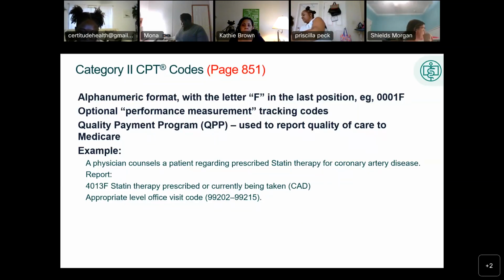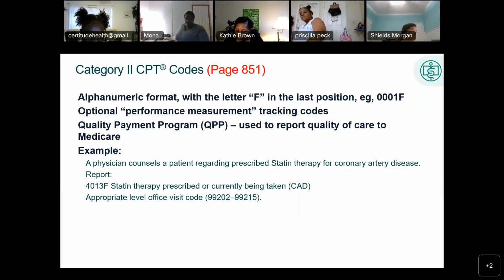The only thing you need to know about category 2 codes is that we call these the F codes, meaning,